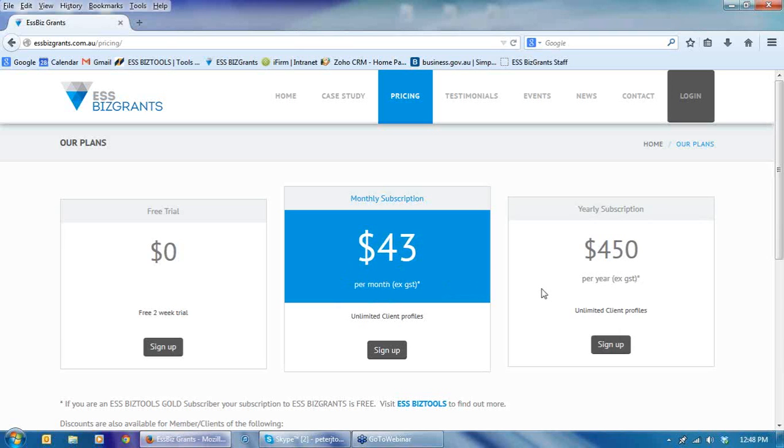The way we suggest that people utilize this product is to update the profile of your client as part of your annual accounts preparation. It seemed to take a long time today because of the internet problems, but normally it would take you about 3 minutes to enter the profile. You can enter a code number if you wish.